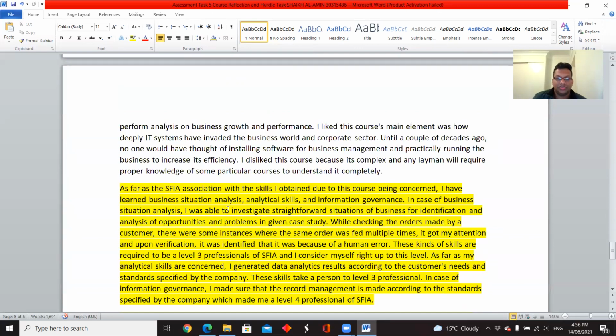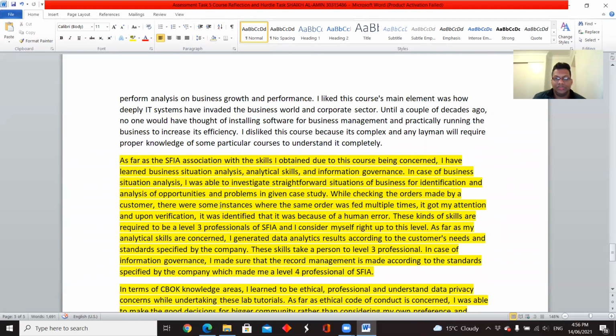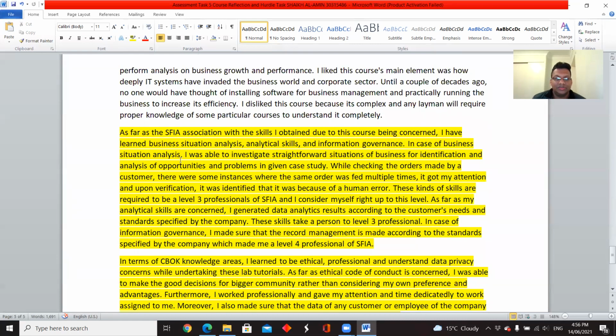Now I'm talking about the SFIA. SFIA is associated with the skills I obtained due to the course. I learned business situation analysis, analytical skills, and information governance. In the case of business situation analysis, I also